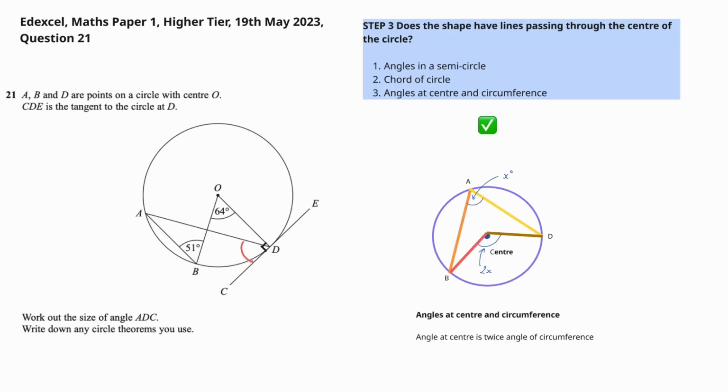Step 3 of our elimination process asks whether the shape has lines passing through the center of the circle, in which case you have 3 possible theorems. You will see that the third theorem, angles at the center and circumference, is the closest theorem for what we have in our question. And although it's not immediately obvious until you start moving the parts, point A around the